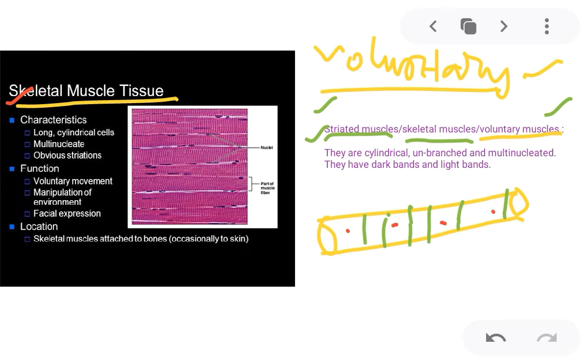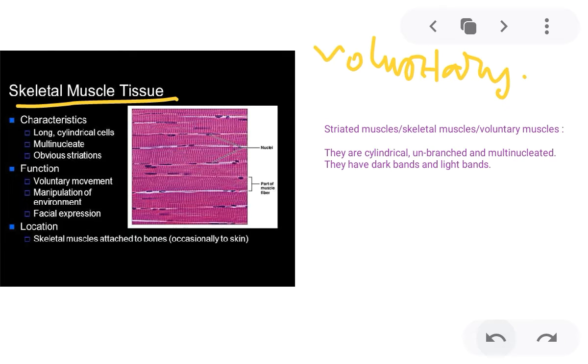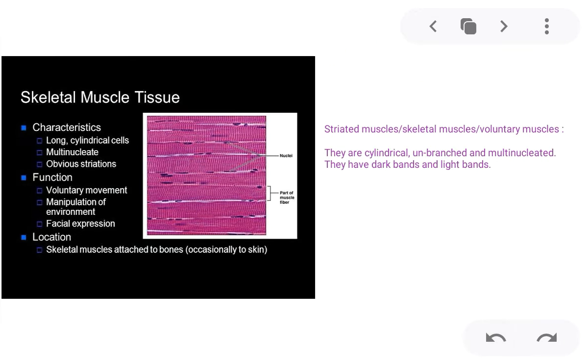You can check here the structure or the characteristics. They are long, cylindrical cells, they are multinucleate, and they have striations in their appearance. So because of their characteristics, different names are given to the skeletal muscle tissue. Can you tell me what is the main function of this skeletal muscle? Exactly, all voluntary movements performed by the